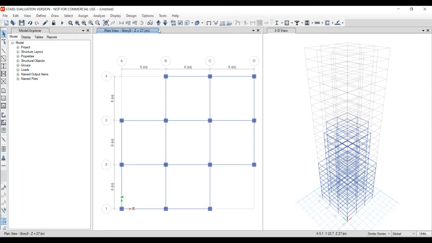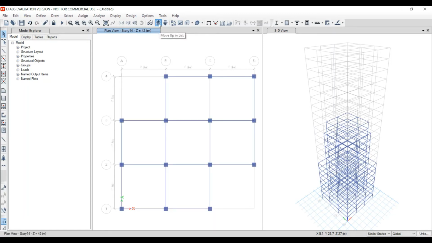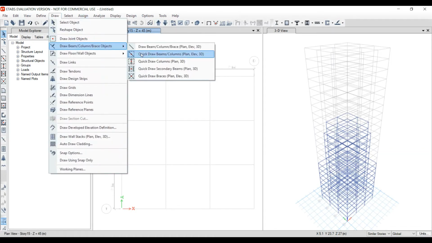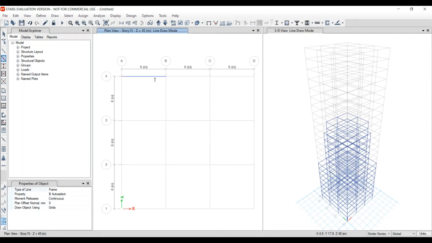Then we have to draw the beams and columns for stories 15 to 19. Select draw and select quick draw beams. Make sure the property is B auto select.